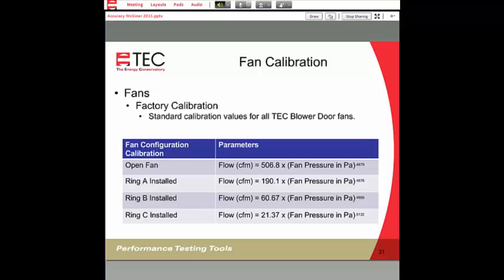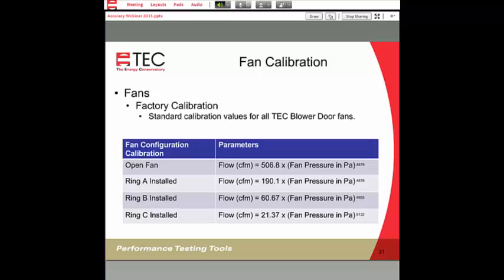We're reading the pressure value, and then because we know the size of the opening and the characteristics of the fan housing itself, using these numbers applied to the fan pressure will provide a flow value directly in CFM. So these are the factory calibration standards.